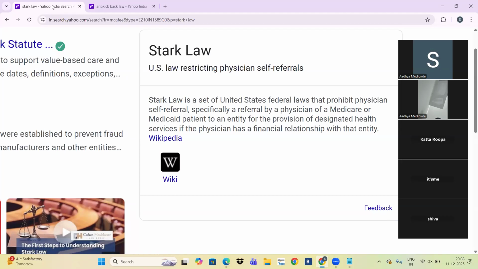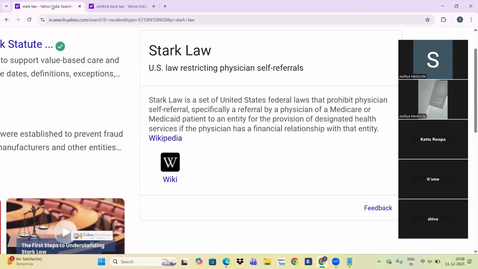Or some physicians work some days in one hospital and the remaining days in their own hospital. Whenever they go to the other hospital, they motivate the patient to visit their own hospital. All this should be considered self-referrals. Suppose one physician owns a hospital and also works as an endocrinologist or consultant in another hospital. When they go for the consultation, they refer patients to their own hospital. These are also violations.